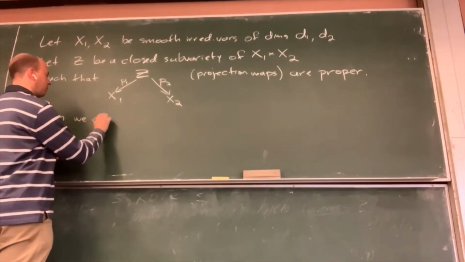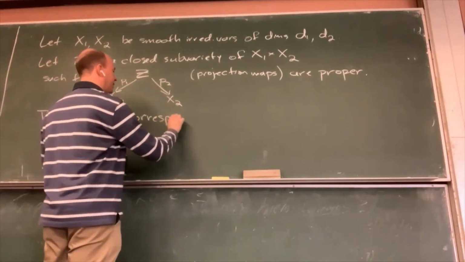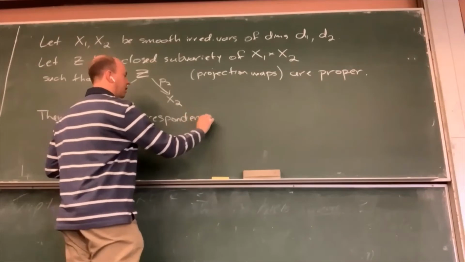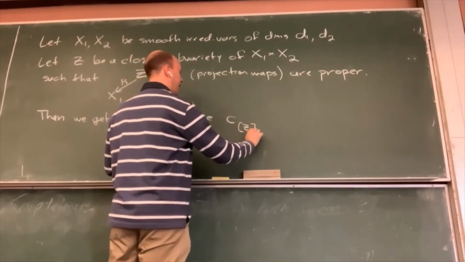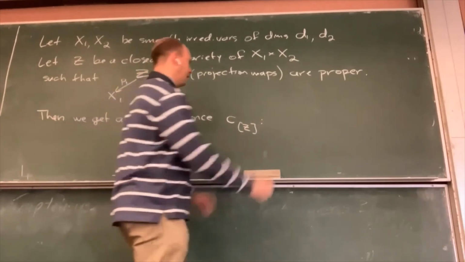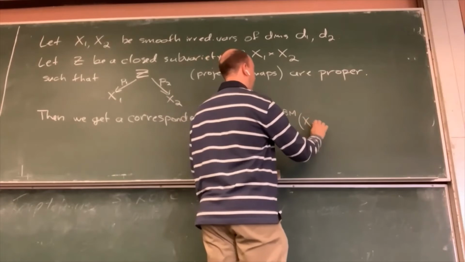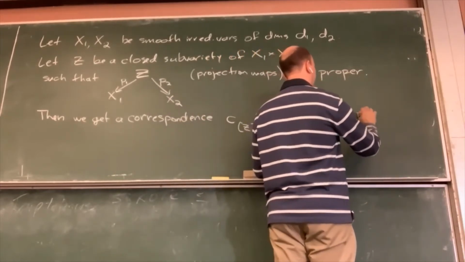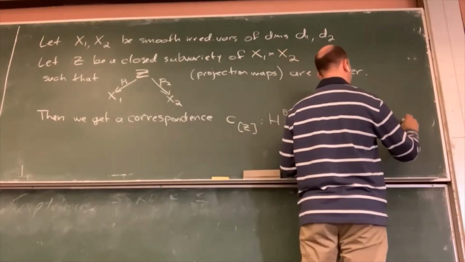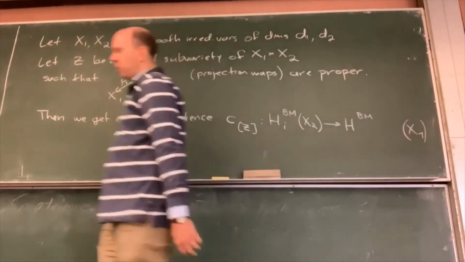So from this, we get a correspondence in homology, which I'll call C sub square bracket Z, from the ith Borel-Moore homology of X2 to one of the Borel-Moore homology groups of X1,